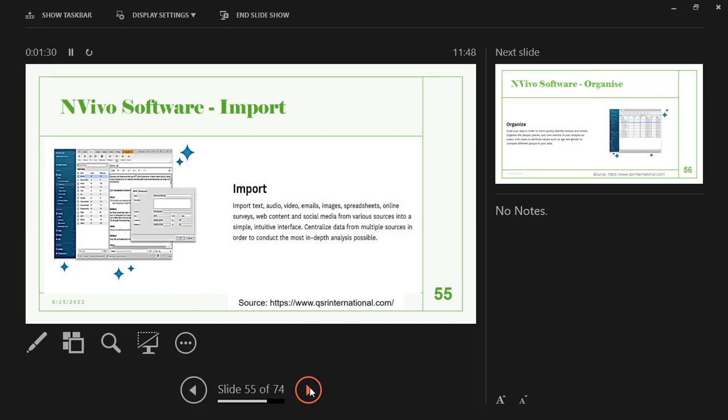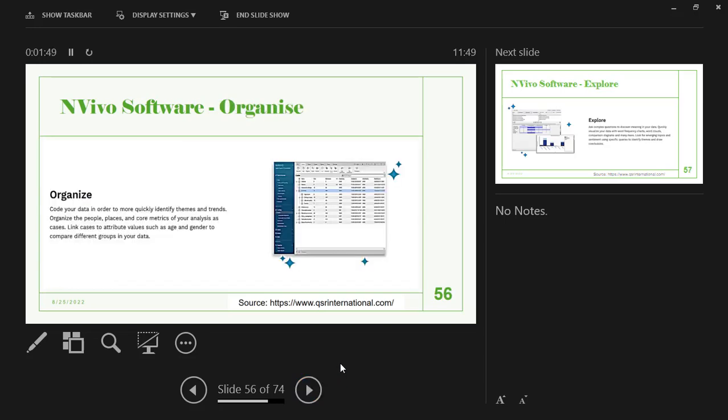So what is happening here? We are starting with the import function because for analysis, you require certain documents, some data. So that can be done through the import function. That is the first factor here. The second is organize. So you have imported the data. Data can be in video form, audio form, text form, your focus group interview, and after importing it, you need